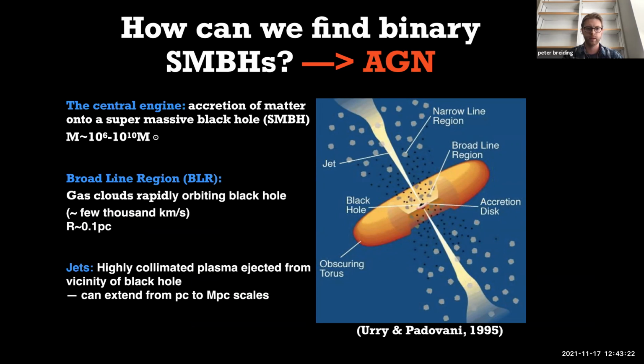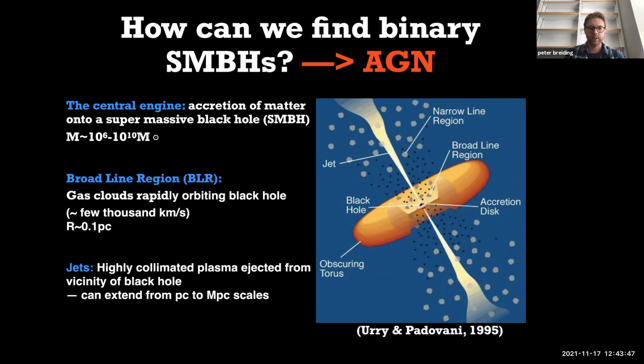So in this paradigm, you have a central engine of a supermassive black hole with millions to billions of times the mass of the sun. There is an accretion of matter onto this black hole in what's known as an accretion disk. This is the central engine, what's powering the supermassive black hole. This accretion disk gets really, really hot. It glows very brightly at optical and UV wavelengths, and